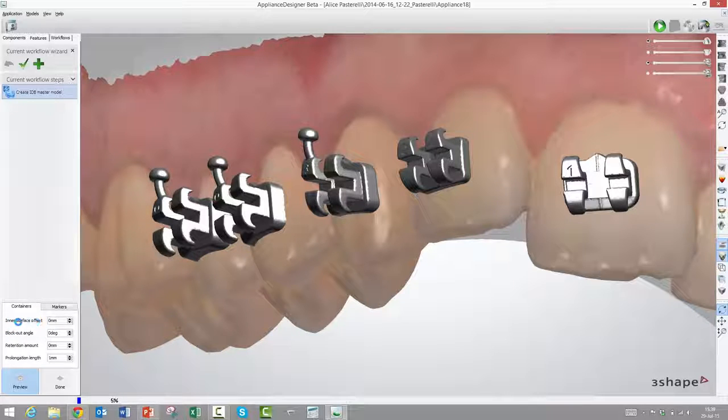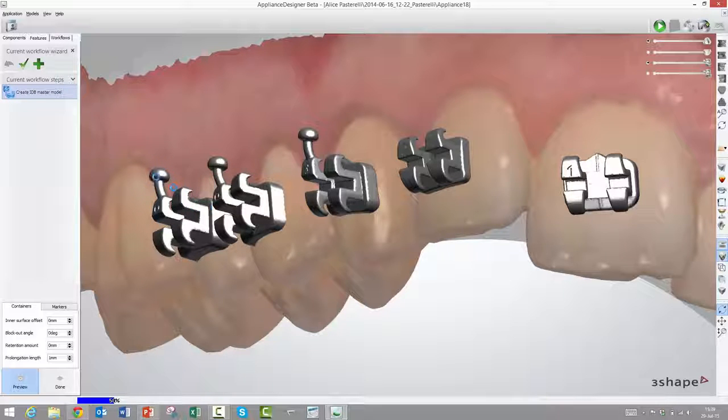The first one is called inner surface offset, as in markers, and it's essentially the same thing. On purpose you can make these containers, as we call them, either too big or too small. A container is a bracket representation, but with one noticeable difference, and that is that all the undercuts are removed. And by undercuts I mean in relation to the insert direction of the bracket into the vacuum formed transfer tray.